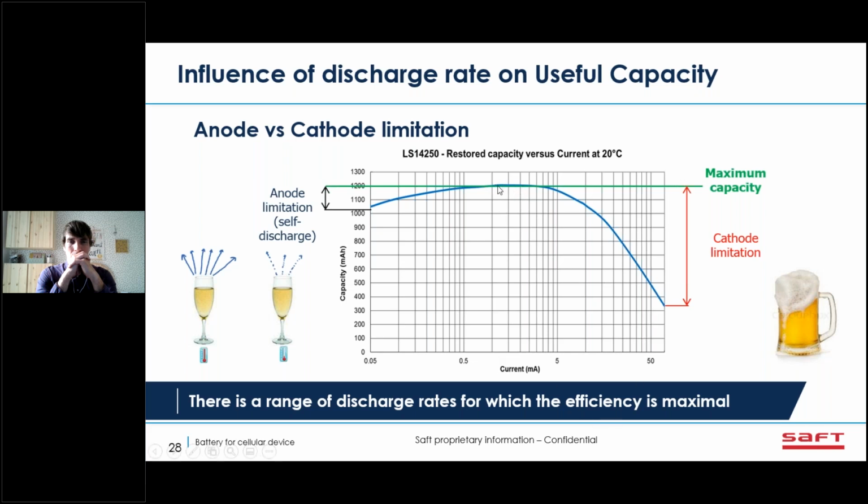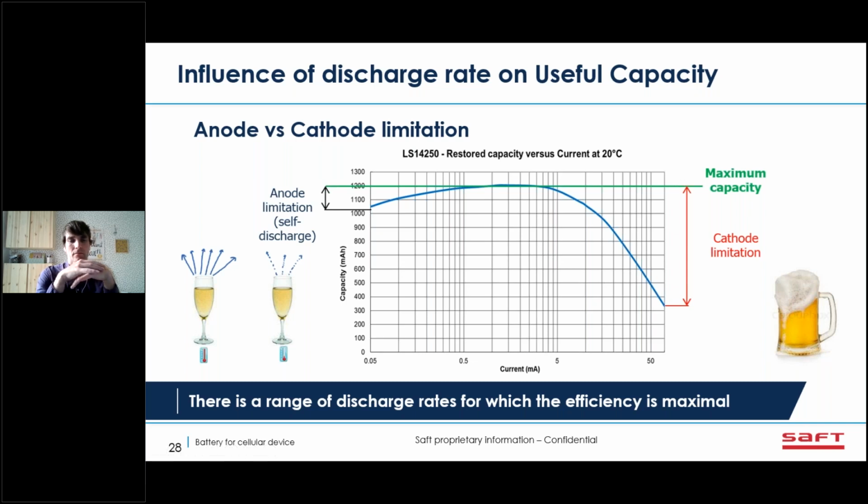And this level of capacity is available for an application for a range of continuous discharge. Here, the size of this cell is a half AA cell, and you can have 1.2 ampere-hour from 1 to 3 milliamp